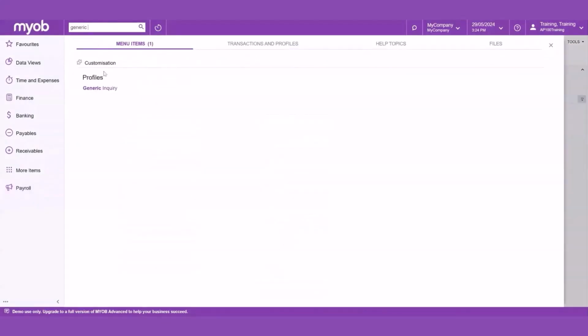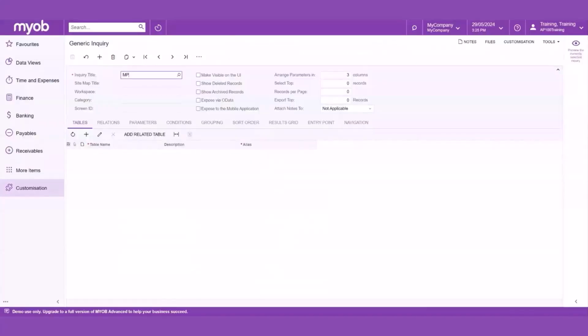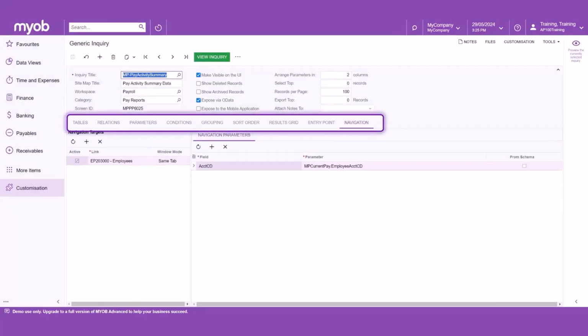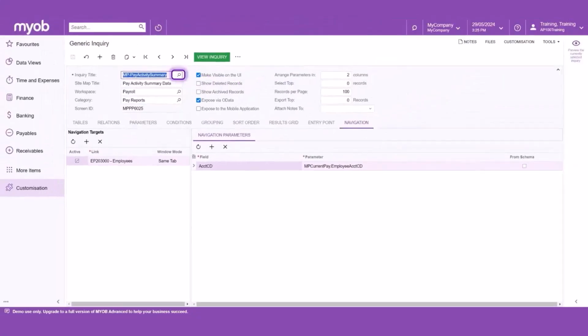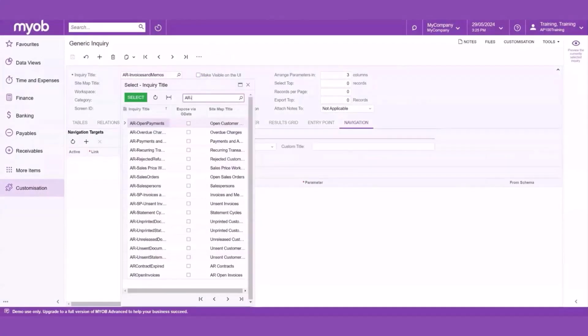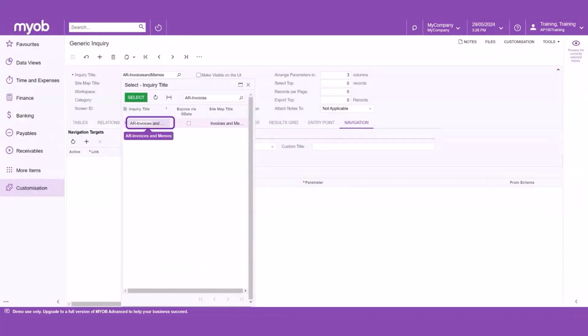Let's look at an overview of the navigation configuration, generic inquiries, and side panel general information. Navigation can be enabled for any MYOB Acumatica form, including the generic inquiry form. If required, you can even link to an external web page. Values can be defined in particular columns of the inquiry form as links, or where the related records and settings can be viewed. By designing a generic inquiry form, you can define the navigation options that give users quick access to related information and help them work more effectively. In this example, we will configure a side panel using the generic form for the account receivables invoices and memos.